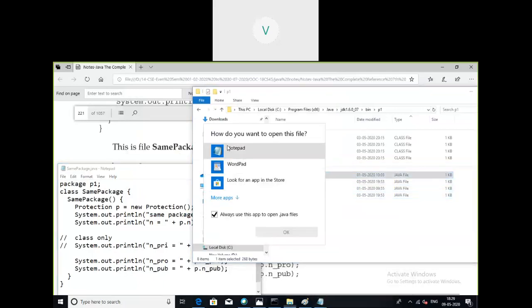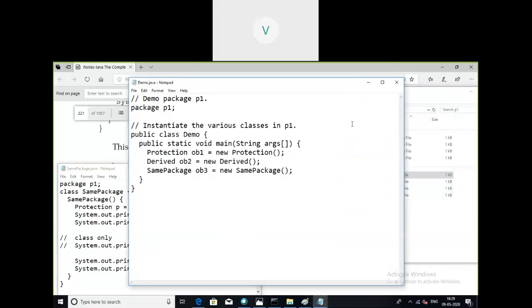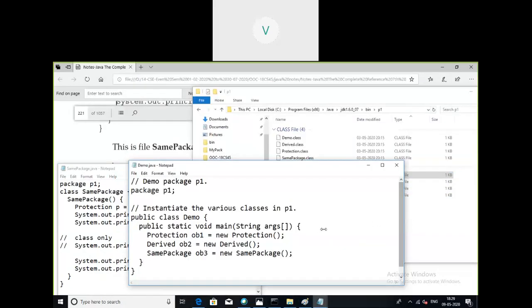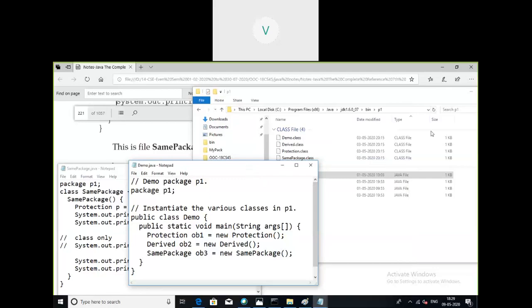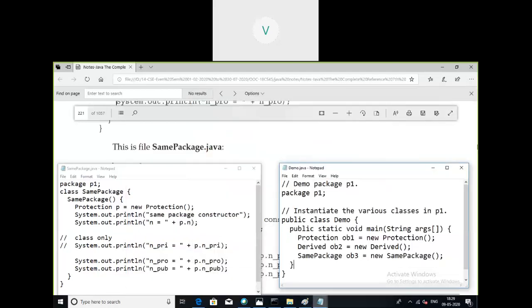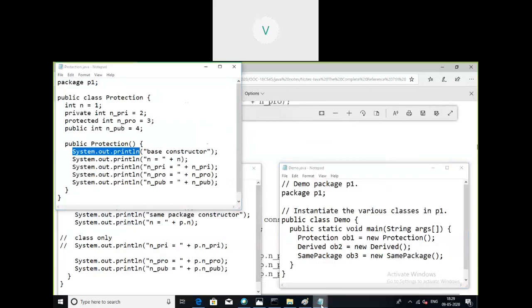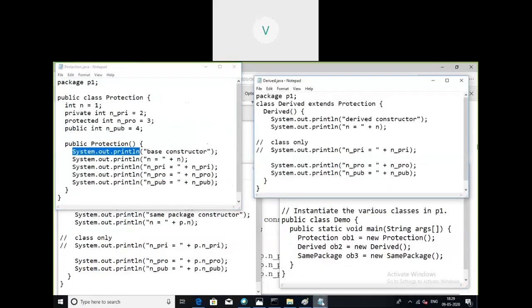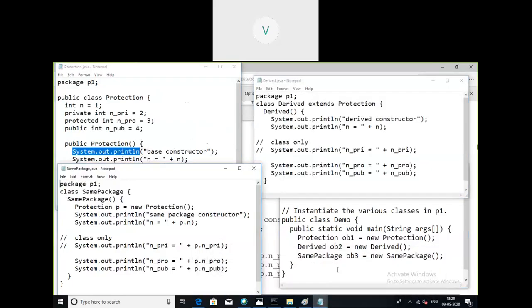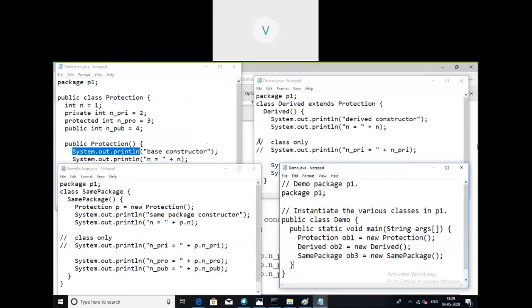This is the file which contains the main function. All the four source files have been opened: protection.java, derived.java, same package.java, and demo.java.